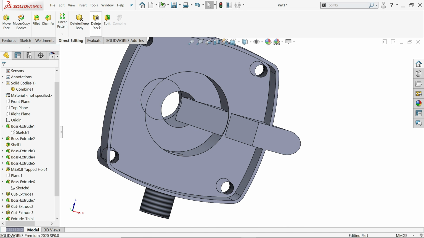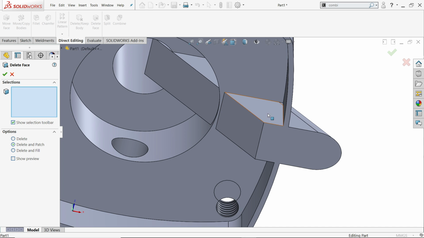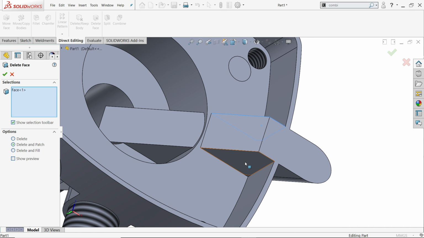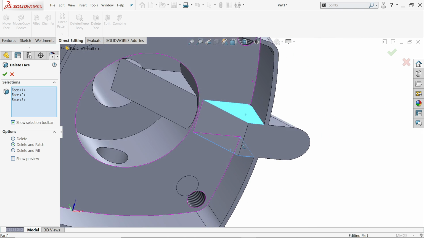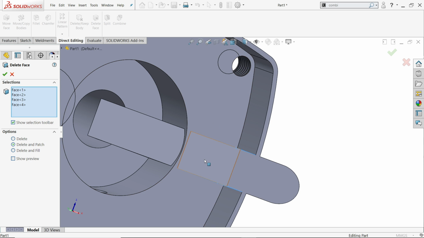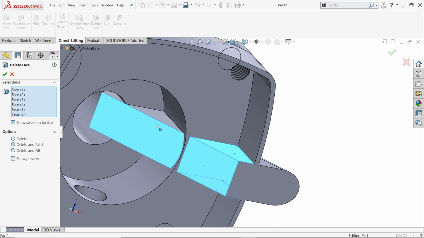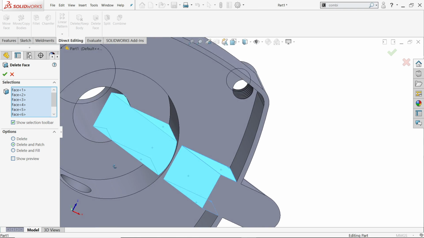Direct editing, click here delete face, delete and patch. Let's select the faces which are going to be deleted. Say this, and here you will see a small thing. Don't forget any unnecessary thing. Just make sure to select this face, this face. Now here is selected.